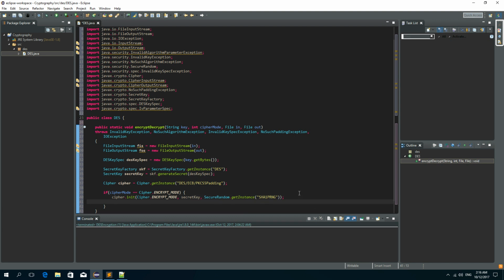Now we need to create a CipherInputStream. So CipherInputStream cis is new CipherInputStream, and the first parameter will be our file input stream, and the second parameter is a cipher. So cipher. Okay,